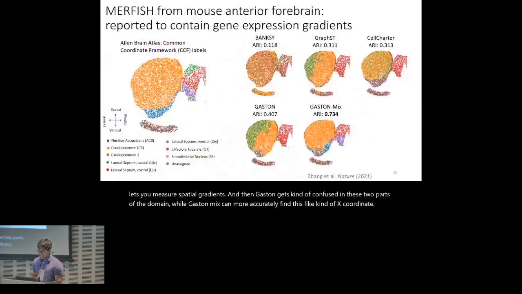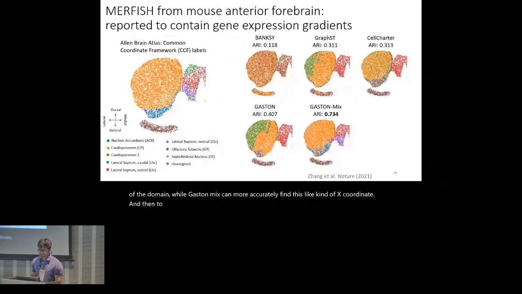And then to show you this, it also works in real data. Here's one example of a MERFISH data set. This is from the mouse anterior forebrain, which is this region of the brain that apparently has many gene expression gradients. And we find that compared to the existing methods, if you evaluate them using this assumed